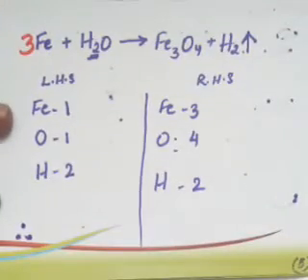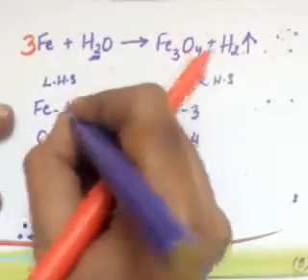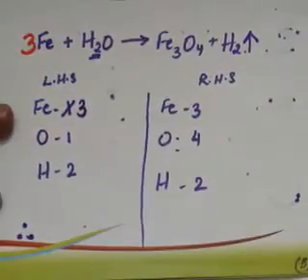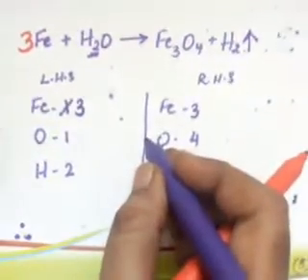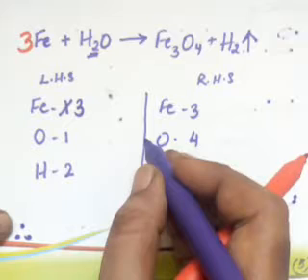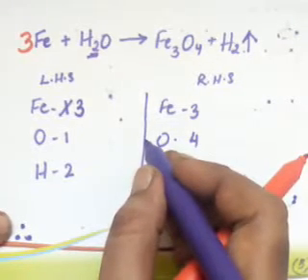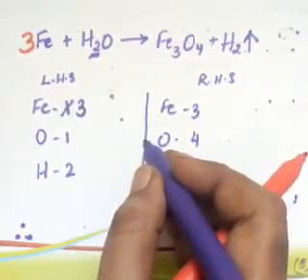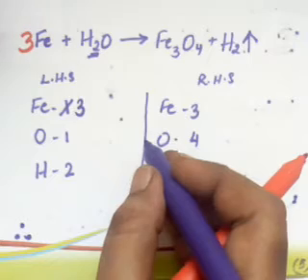Okay, if I write 3 over here, this will become 3, isn't it? This will become 3. Is there any other change? Whenever we make any change, we need to see from top to bottom, all the atoms should be counted again. If we make a change anywhere on either the reactant side or the product side, we need to count all the number of atoms again and write it down.